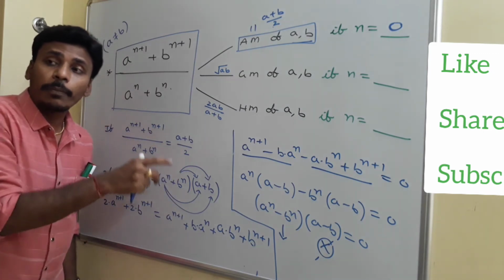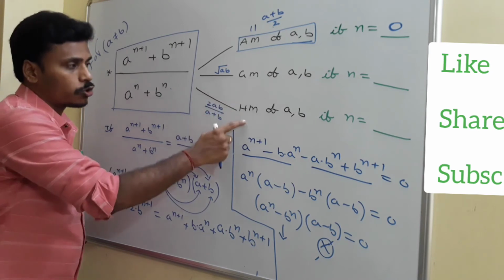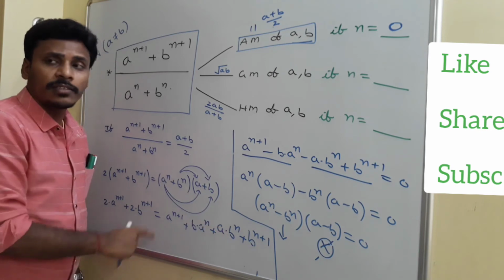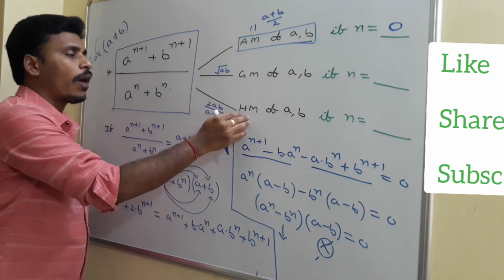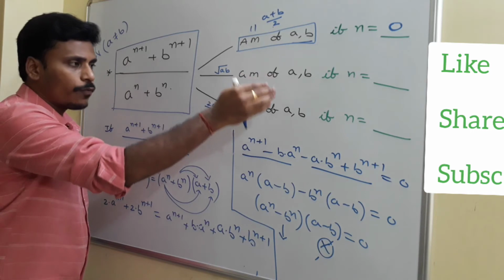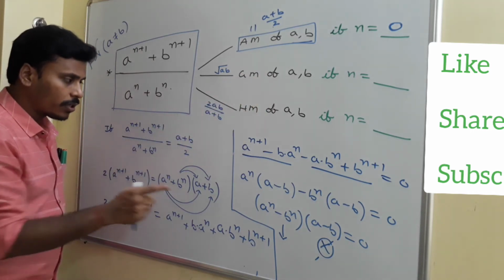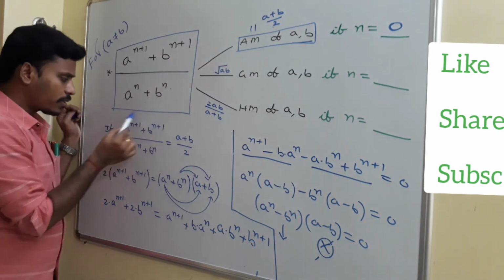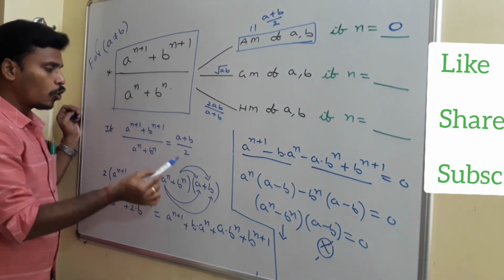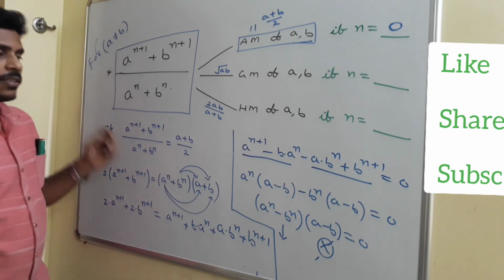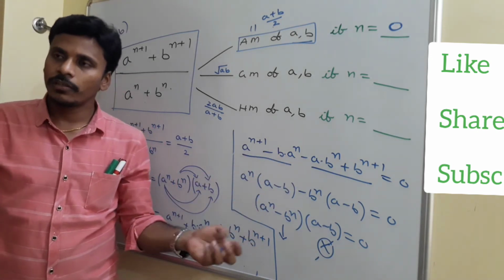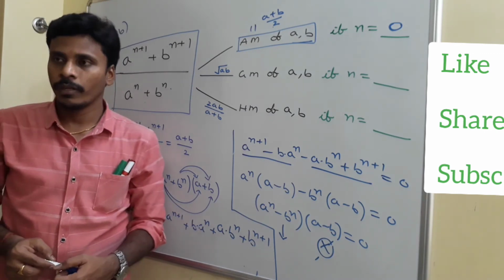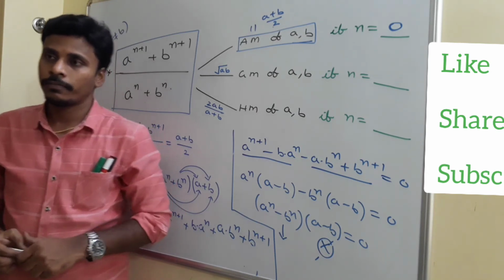We have similar factorization for the next 2 cases also, but no need to go through the whole procedure. Just have a look at this. If it is okay, then automatically you have a chance to do these two also. I will give you the values of n for the next two. First of all, if I explain again for you, you need to equalize this expression to a plus b by 2. Do cross multiplication, simplify, send everything aside, and factorize. Since a and b are not equal, at the end your value of n is 0. Is that right? Have a look. Take a screenshot.